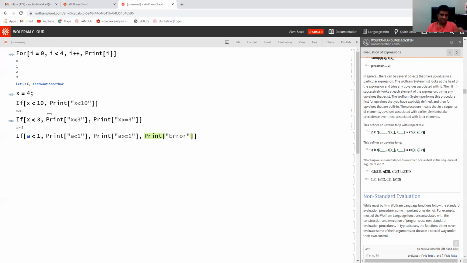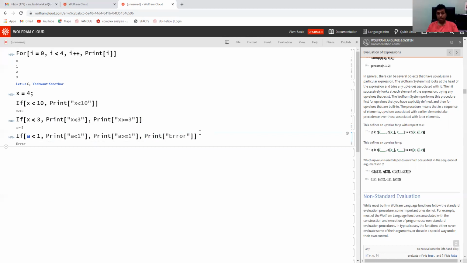If there are two things, then if this condition is true, the first thing happens, false, the second thing happens. If there are three things, then if this condition is true, we will get the first output. If it is false, we get the second output. If it is neither true nor false, then we get the third output. Let us see. It is providing the third thing.